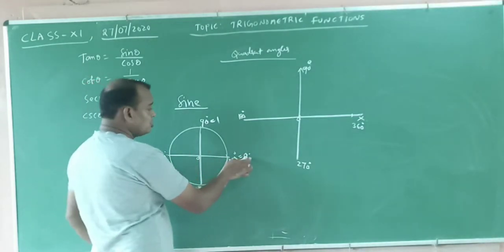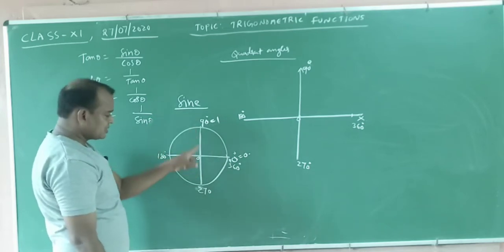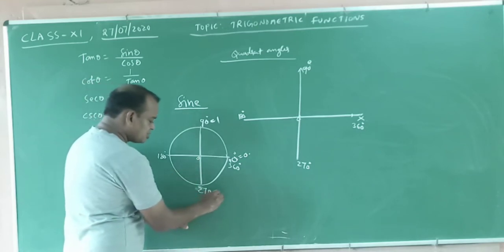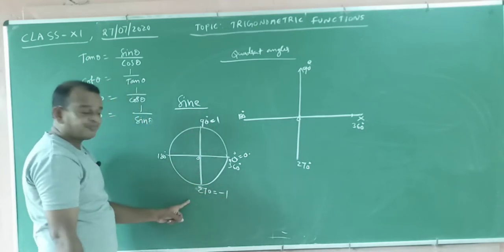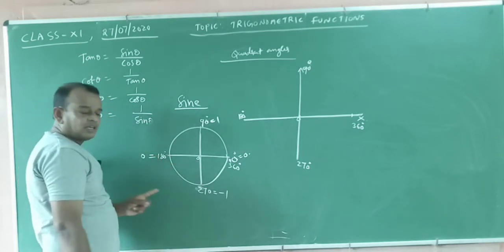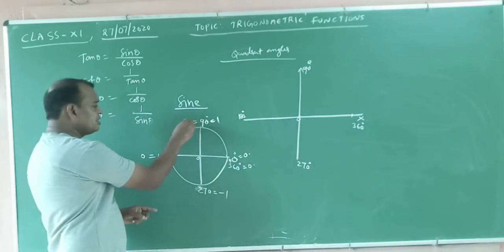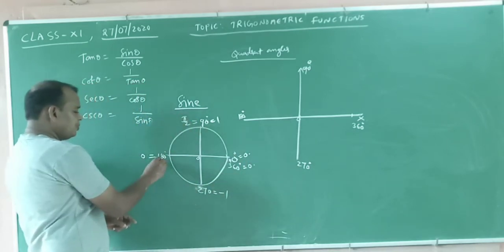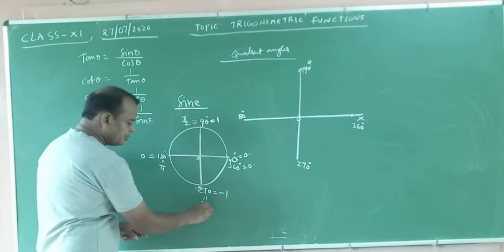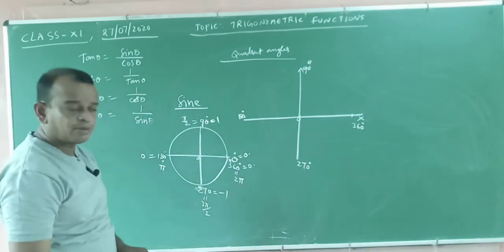Now sine 0 equals 0, sine 90 equals 1. You know these two values. This is the positive x axis, this is the positive y axis, this is the negative y axis. Negative y axis means plus 1 means 100%, this is minus 1. Opposite to 0, this is 180, that is minus 0, nothing but 0. At 360 also the value is 0. 90 degrees in radians is pi by 2. This is pi. This is 3 pi by 2. This is 2 pi. You know the values, that's why remember.